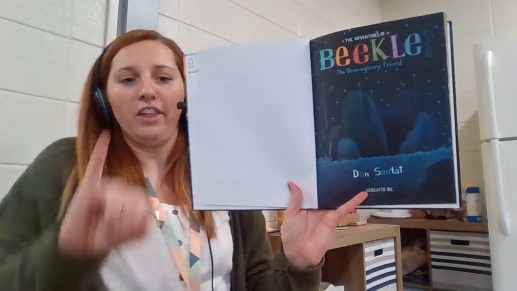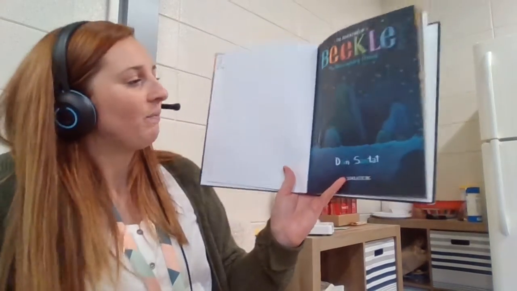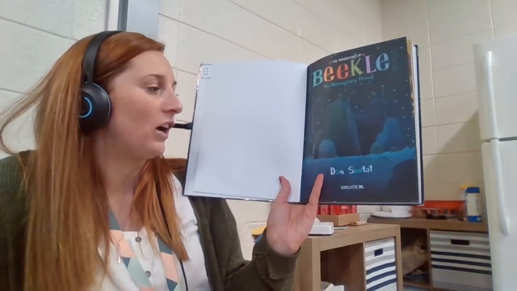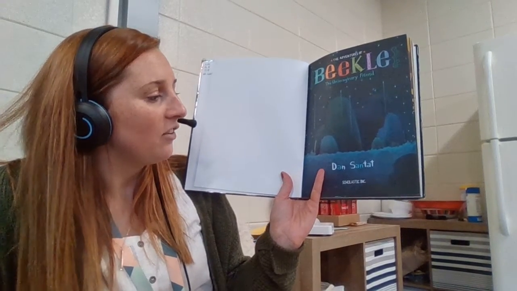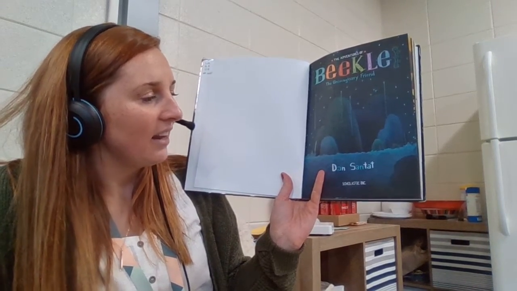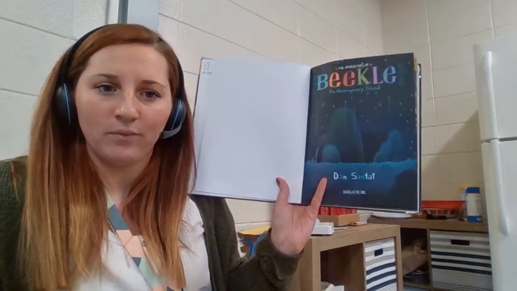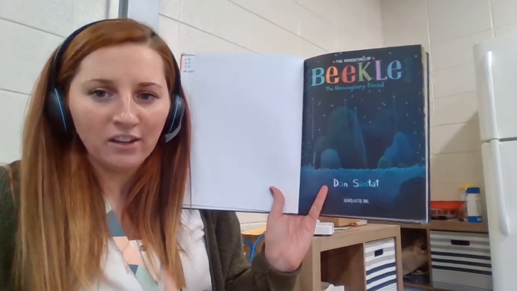This page is called the title page. Our title page is like the reader got amnesia and totally forgot what's on the front cover. And the story is by Dan Santat. And it looks like he is the author and the illustrator. What is the difference between the author and the illustrator?